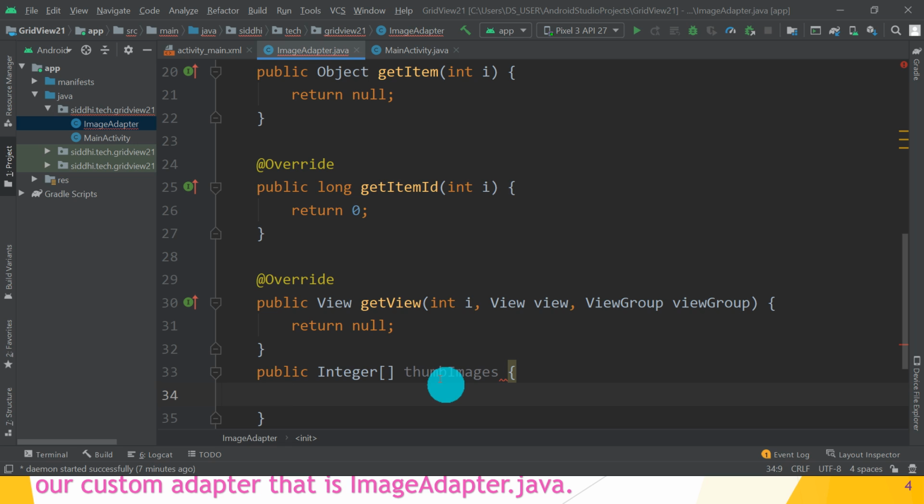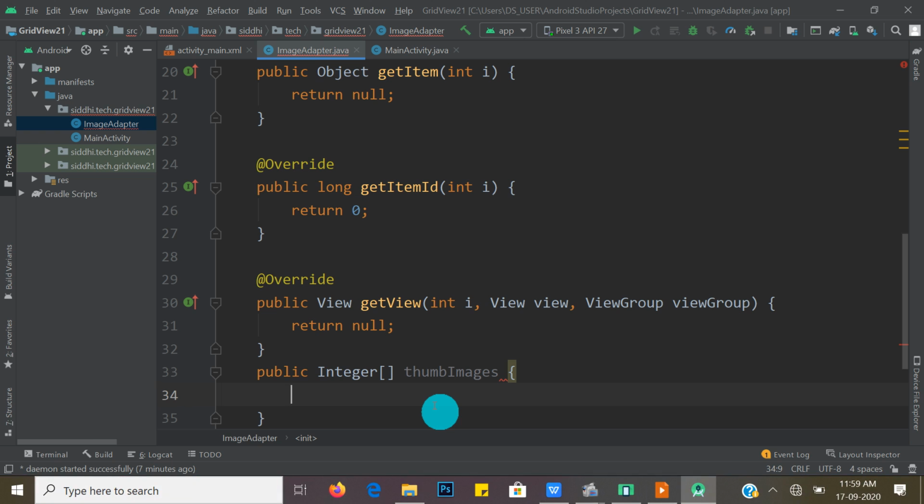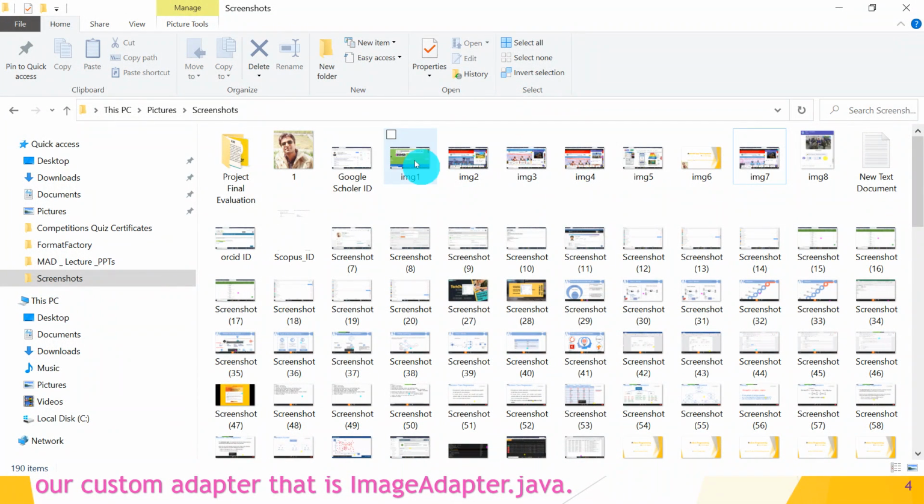Great. So just copy all the images you want to add on your grid view. There are different images. I have chosen one by one, that is image 1, 2, 3, 4, 5, 6, 7 and 8.